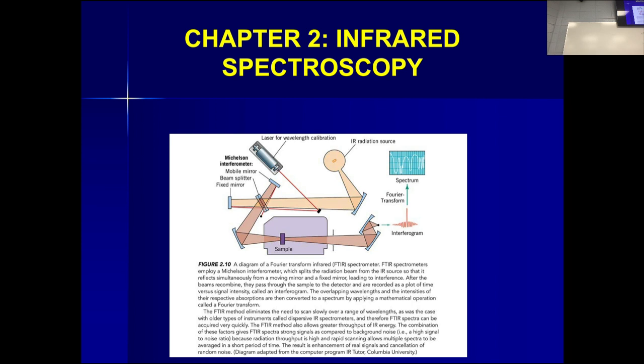IR spectroscopy is very good at telling me what types of functional groups I have. It is not so good at telling me how those functional groups are connected together. So if I did an IR on this reaction or on this reaction, they would look very similar because both of them have an OH. But nonetheless, I'd be able to tell that the reaction had gone. Okay? We'll learn more about how we can determine which one we would get in the next lecture. Okay? So,